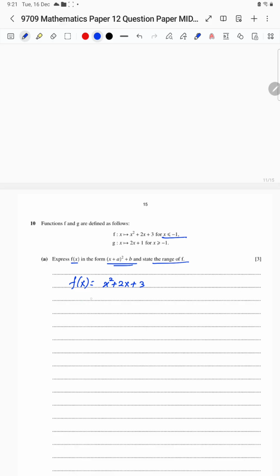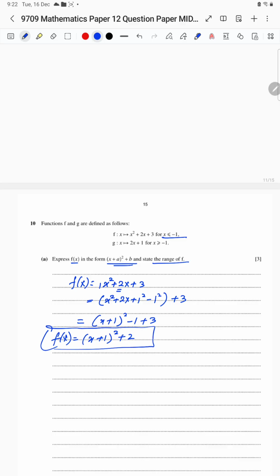For the completing square form, half of 2 is 1: x square plus 2x plus 1 square minus 1 square plus 3. So we can write it as x plus 1 whole square minus 1 plus 3, so x plus 1 whole square plus 2,